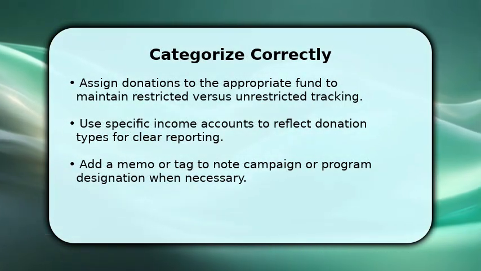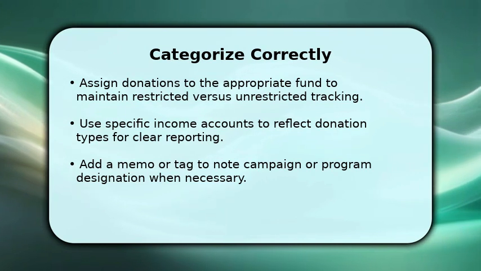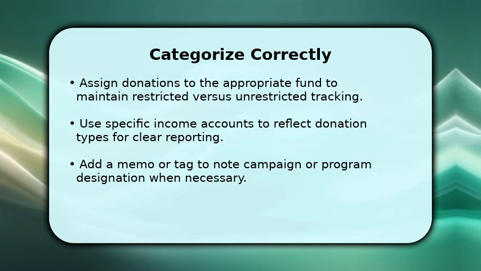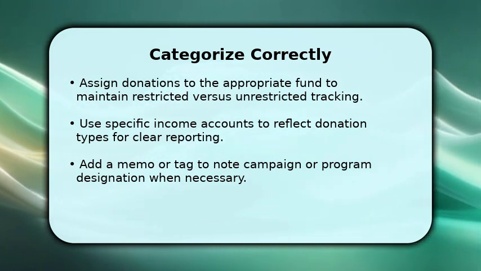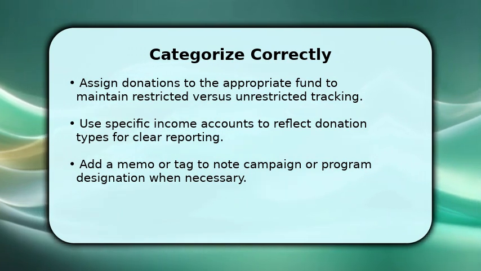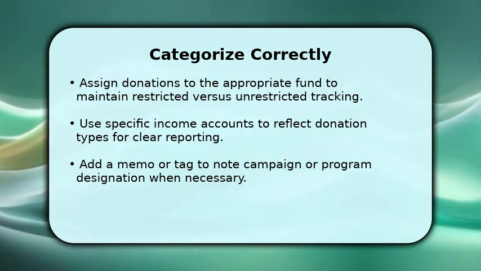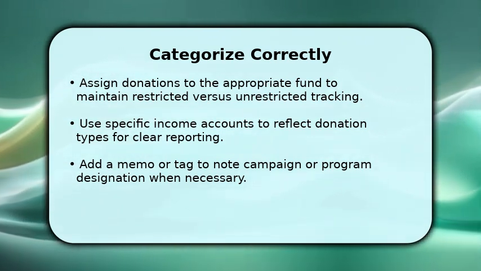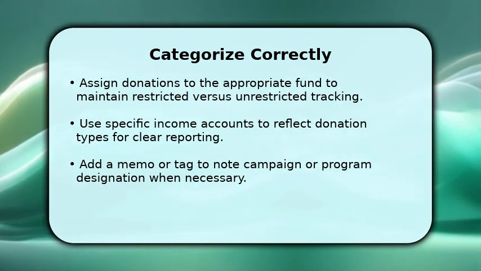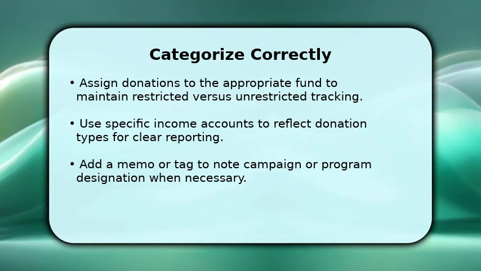Start by picking the right fund and income account, so restricted gifts stay separate from general operating support, ensuring accurate reporting and audit trails. Use tags or memos to note campaigns, event names, or donor restrictions, and mark payment methods like check, credit card, or ACH. Double-check amounts and donor details before saving, and attach any donation forms or acknowledgments to the transaction for complete records